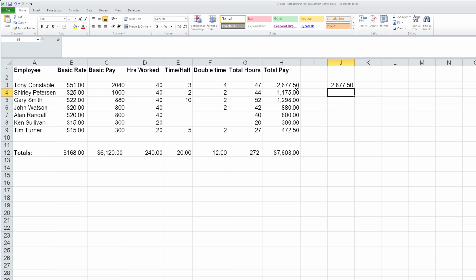That's a live link. If I changed H3, for example, to 10, the cell J3 would change as well, because there's a live connection between those two cells. That's what we've created. I undo, go back. Now, that's called a